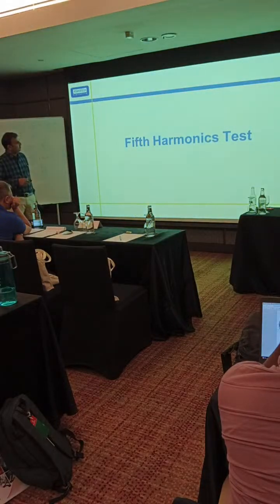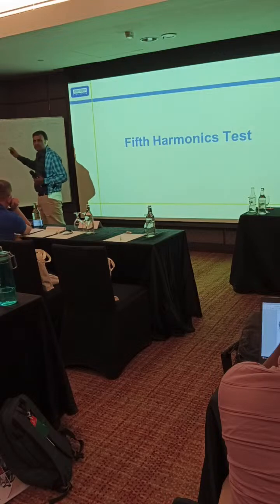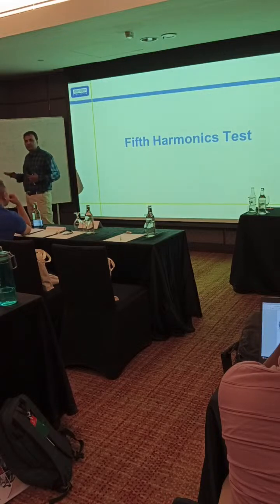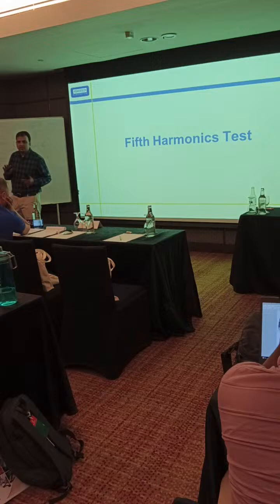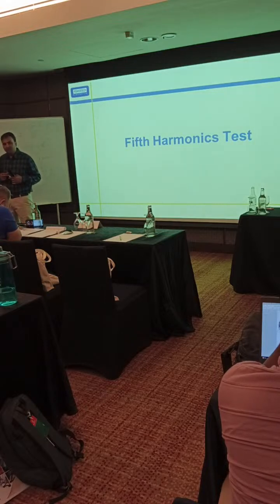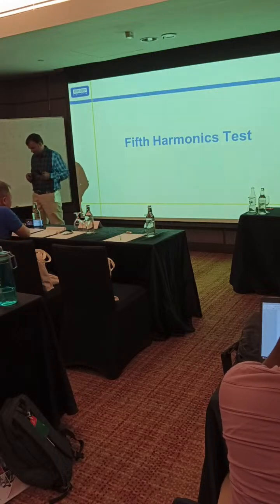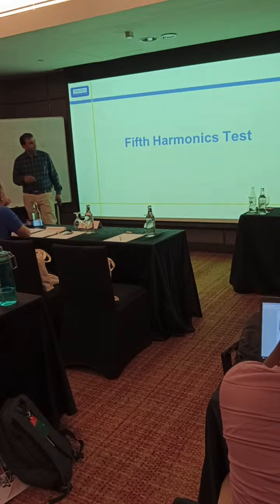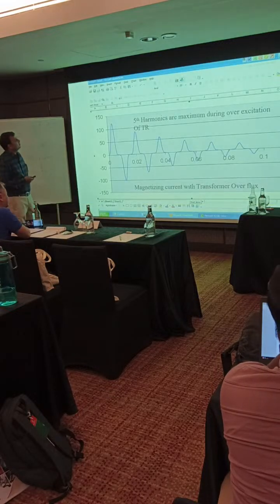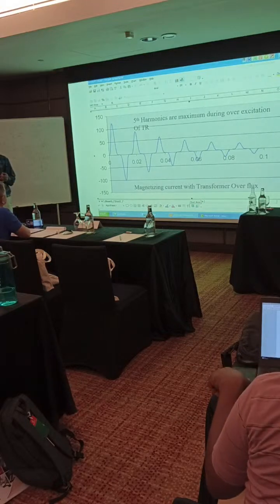So I'm not going into this. I think all three methods are clear. Now you can do the harmonic testing of differential relays. Fifth harmonic is also the same. So the testing feature is the same as